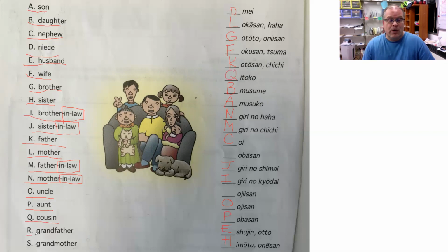How do you say grandfather in Japanese? That would be oji-san. Very good. Okay, oji-san, grandfather. And last, grandmother, is oba-san. Very good. Okay, that's family. Ikai, kurikai shite kudasai. Son,